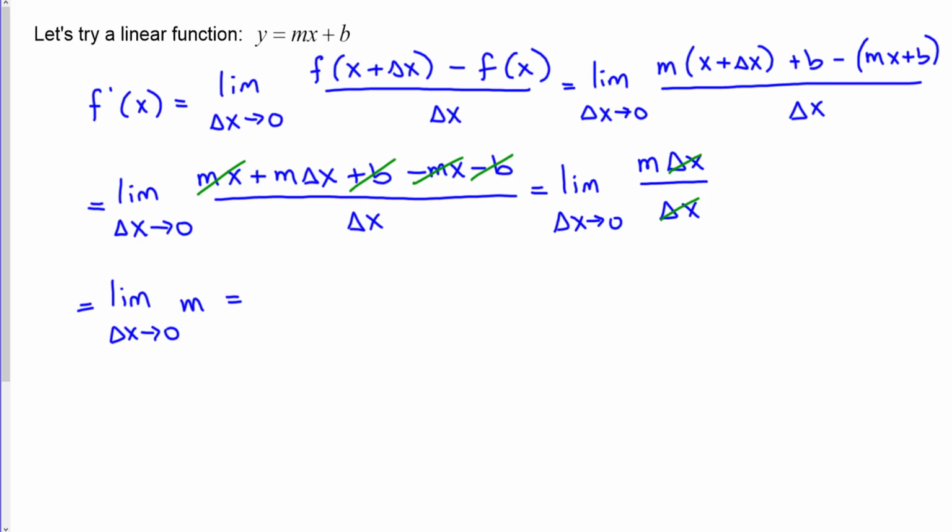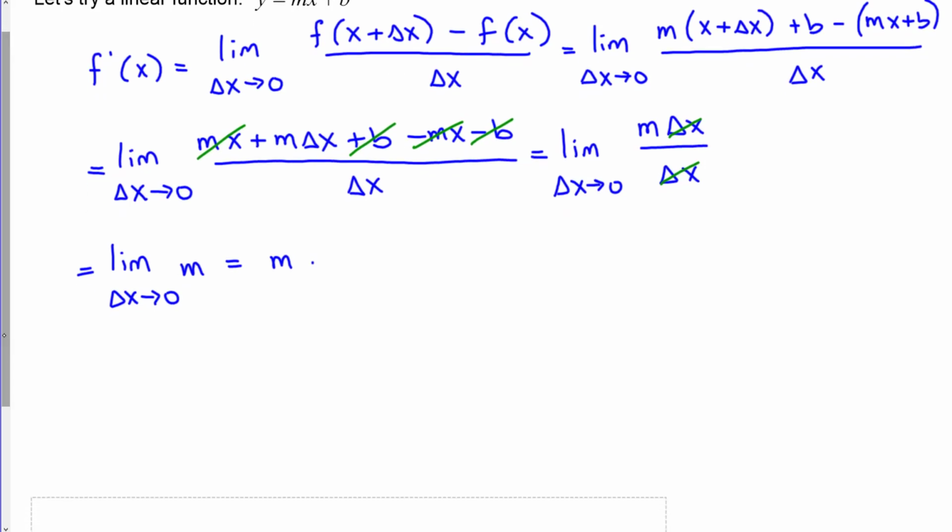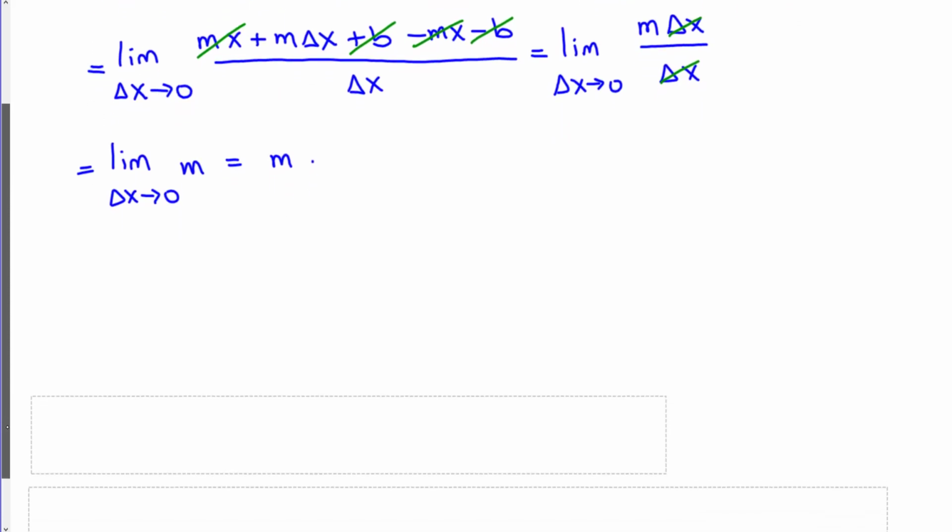M is some constant. It's the slope of this line. It doesn't depend on delta x in any way, so this is just the limit of a constant, which just results in the constant itself. So the slope of a tangent line for any line is just equal to the slope of the line itself. That may sound obvious, that may sound confusing. Either way, I think we can shore up